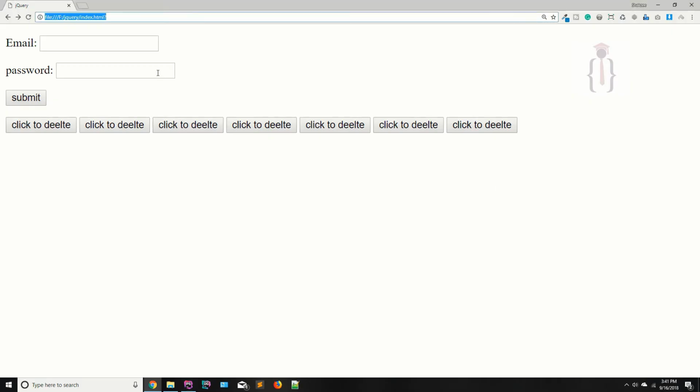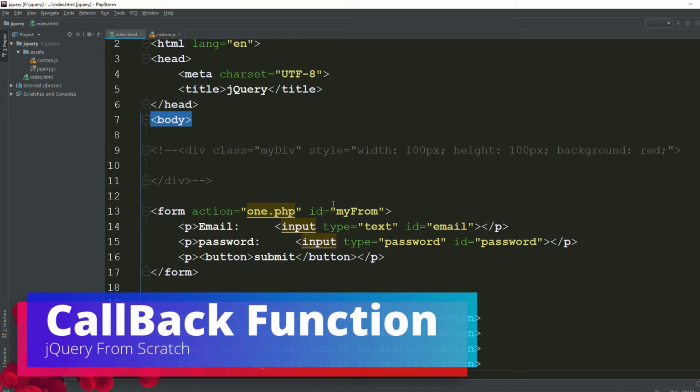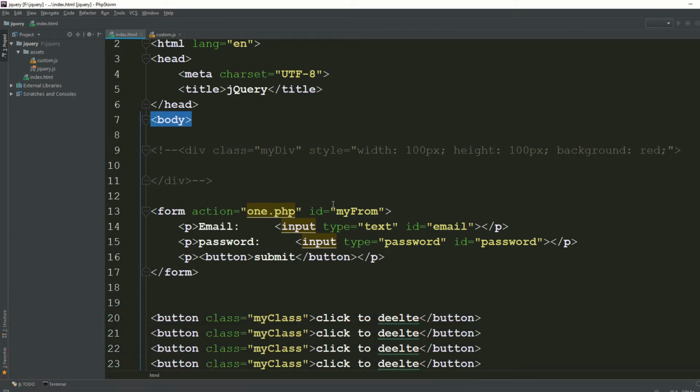Go to your page, refresh the page, click on this. It's saying fill all fields, and it's not submitting your form. Callback functions are those functions which are executed after your current effect or when your current effect is completed